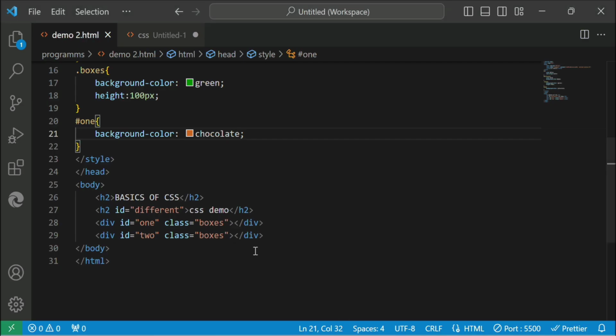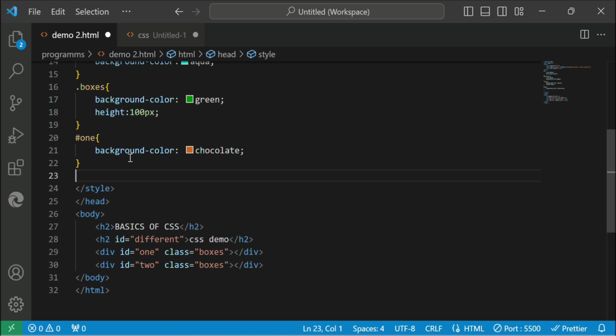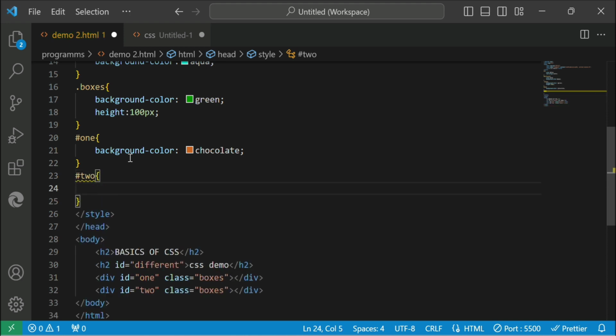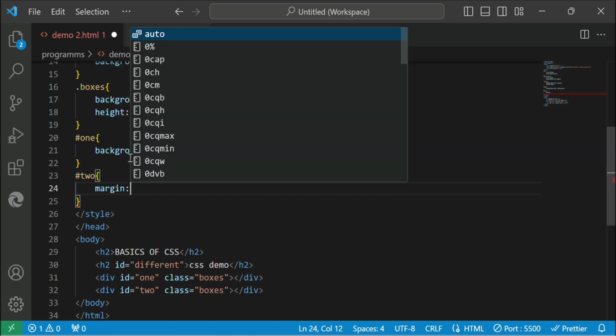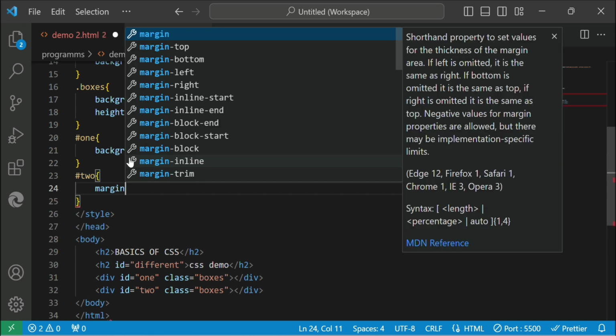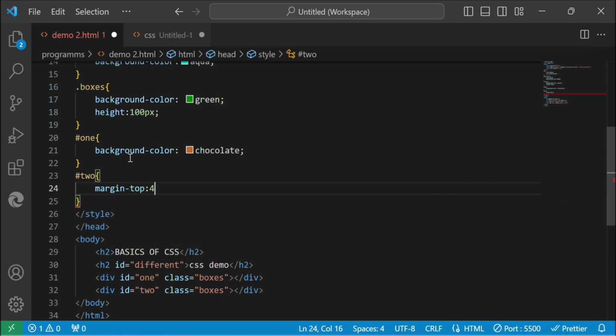So id will override class, but class will override text. So I have, for our one div with id 1, I am using color this, and for 2 I am using color different. Both will have the same styles of class boxes, and both colors will be different. Then I am using the margin property. See, margin